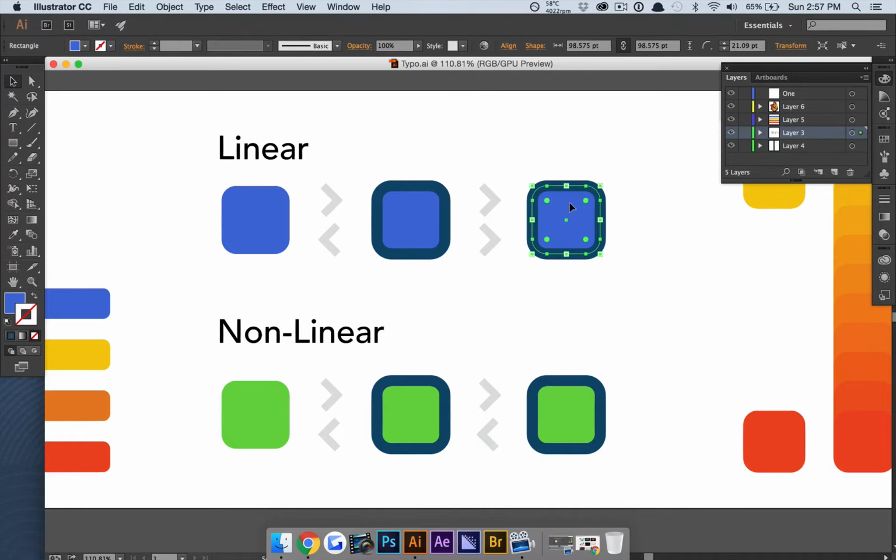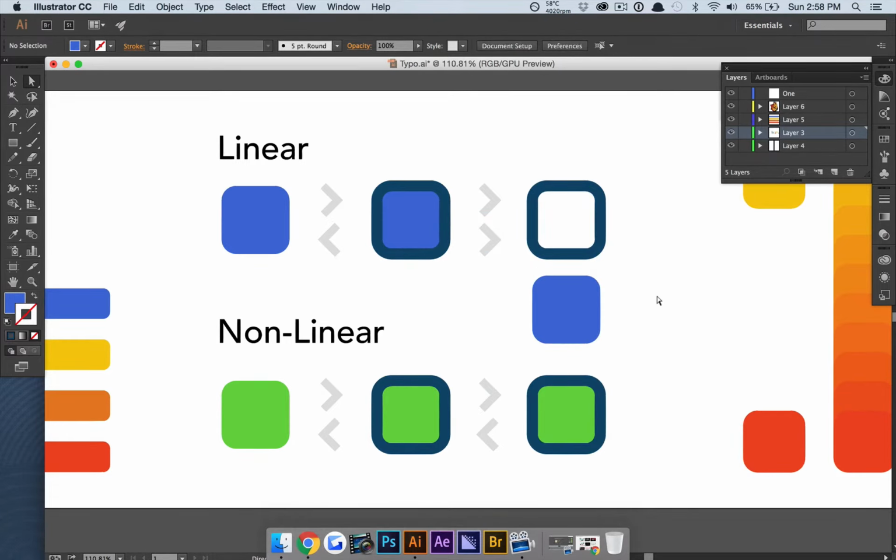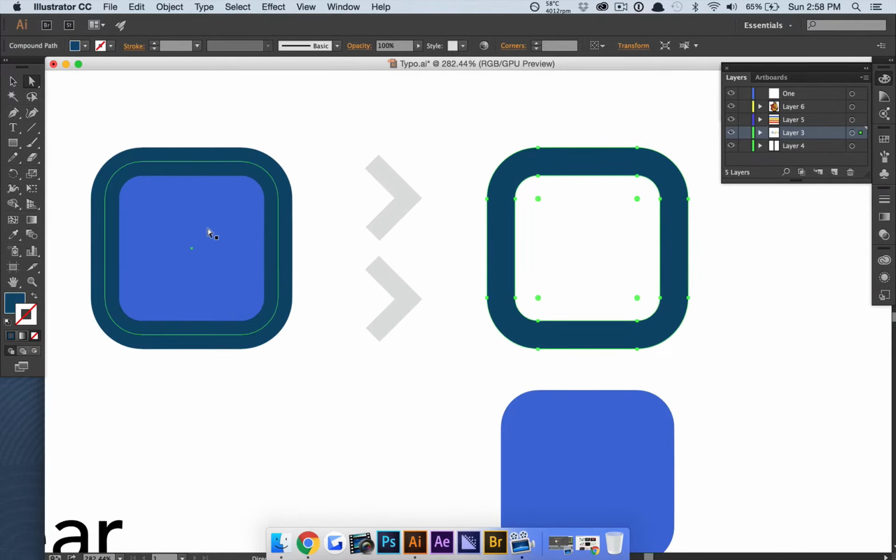So in this case, we take the cube, we expand it, we change it up as much as we want, but 20 steps later, we realize that we don't exactly want the cube's stroke to be 20 points. So we go back, but we realize the cube has no stroke. And that's because if we take the cube and just drag it down, we see that the cube and the stroke are completely separate things. And even if we click the stroke, we can't even change it because it's just considered to be one big